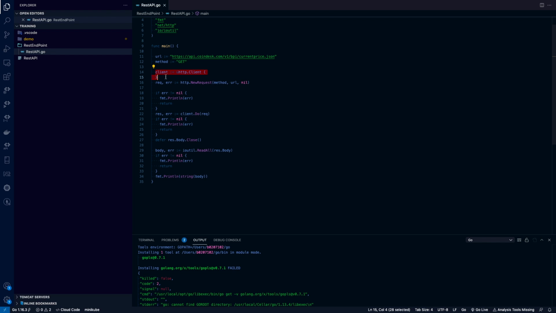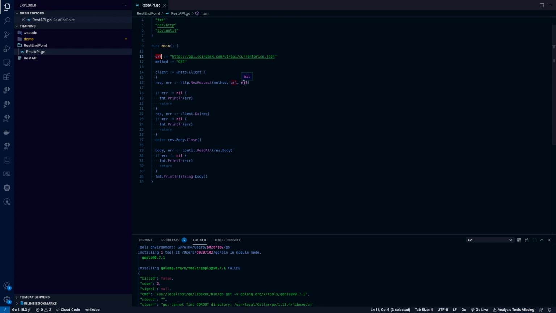Now I actually have defined the client here. So client, I'm actually calling the HTTP library to call that endpoint function, and again I have defined one more variable which is request, and I am bundling all this information in one go. That is, as a part of the parameters, I have defined method. Second is URL. So method is get, URL is this one, and the third parameter is body.